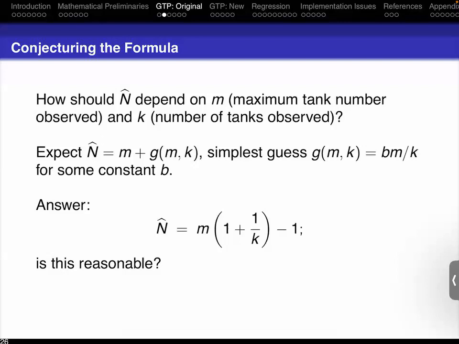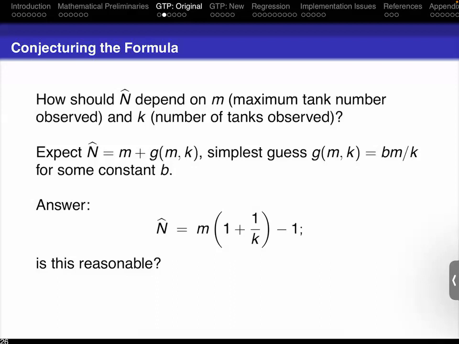So whenever we get a formula, we always want to test: is it reasonable? Can anybody give me some extreme values of k, n, m where we know what the answer is? If I observe this many tanks and n is this and m is this, I know what the answer has to be. Yes. M is a million and k is 1. Okay, what would you then guess for n? So if m is a million and k is 1, what would you guess for the number of tanks? It's at least a million, but why is this formula reasonable?